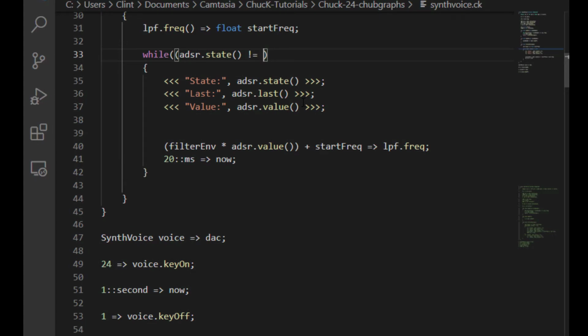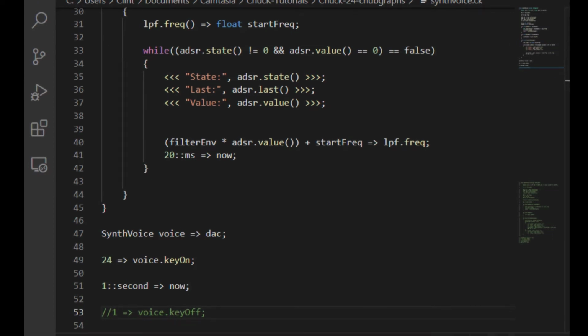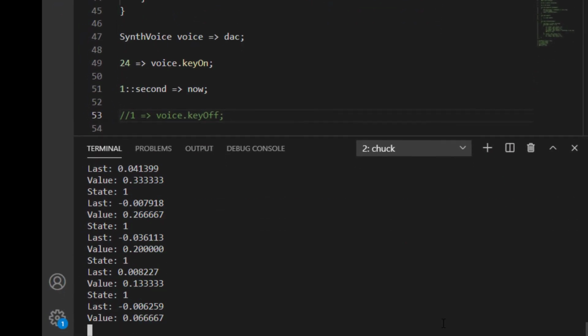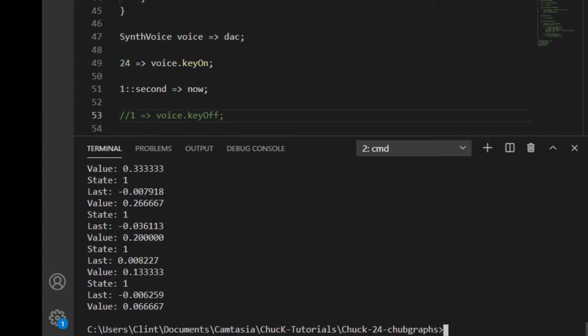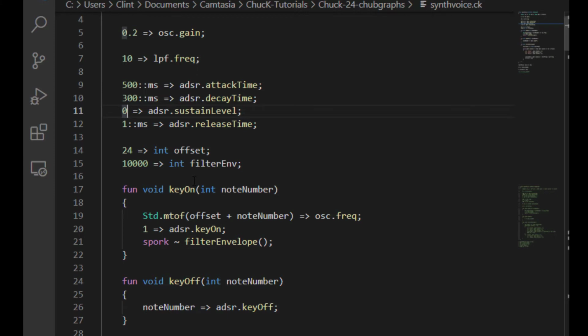I'll change my if check so that it exits if there's ever a moment that the state is not 0, but the value is 0. Put another way, if the value is ever 0 after the attack phase finishes, we'll assume the shred should end. We test that out with our logging statements, and we can see that the shred ends after the decay stage. Much safer, and it still gives us the flexibility of using the sustain and release stages if those keep the value above 0. Let's test that by making the sustain 0.5. We can see very clearly that our adsr got to stage 2 and then held the value at